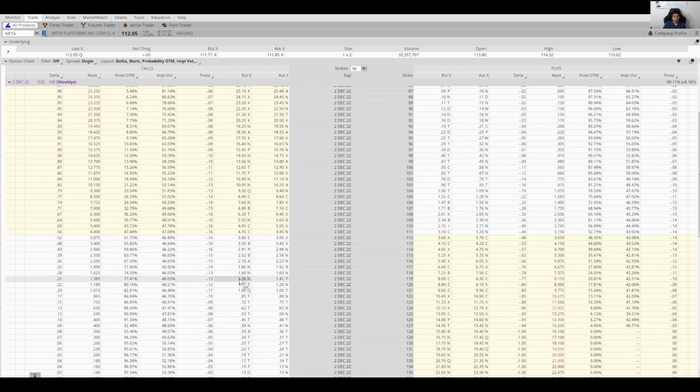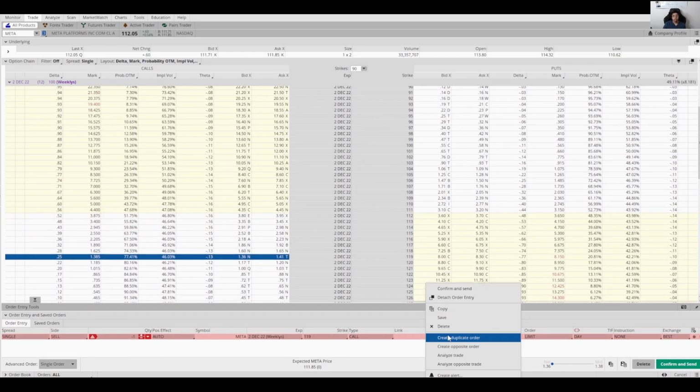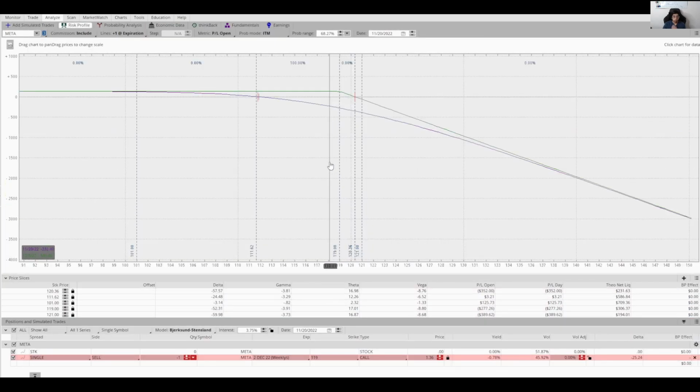It was 119. What you do is you right click it and you click on analyze. And that will automatically bring you to the risk profile, which is the P&L graph. So I want to show you that when I move my cursor, if you look at this box, remember that the purple line represents the day of today. So right now it's November 20th, but I bought it November 18th, but let's just look at November 20th because it's today.